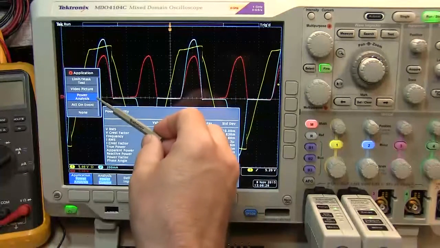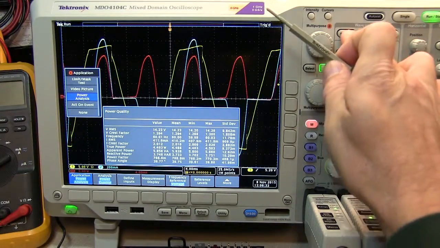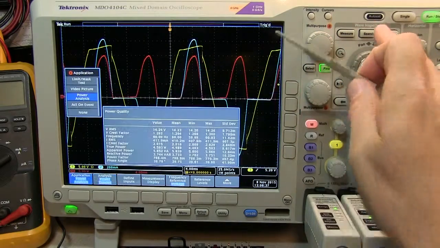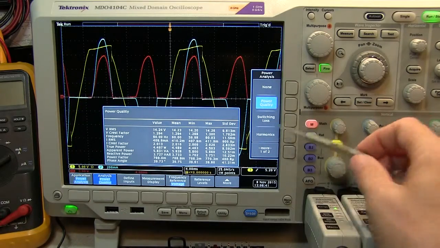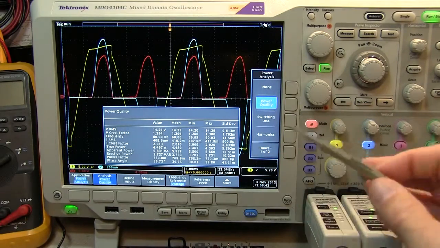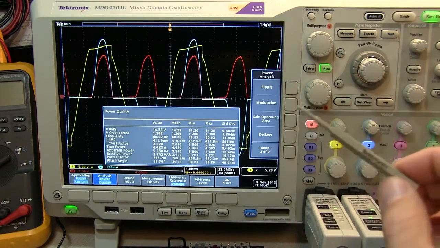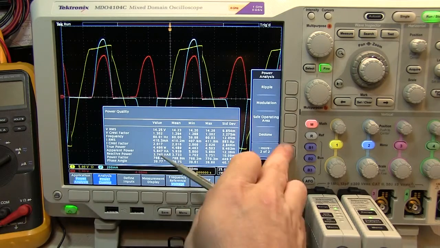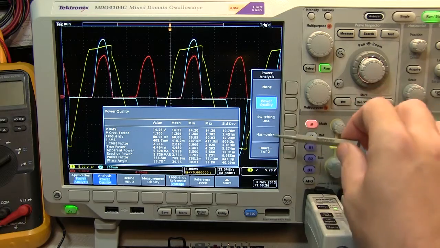The power analysis application on the scope provides a comprehensive set of measurements that goes far beyond the ordinary measurements available on the instrument. These measurements include such line-side measurements as power quality and harmonics, and some switching regulator side measurements including switching loss, ripple modulation, and safe operating area. In this video, we'll take a quick look at three of the most common measurements: power quality, switching loss, and